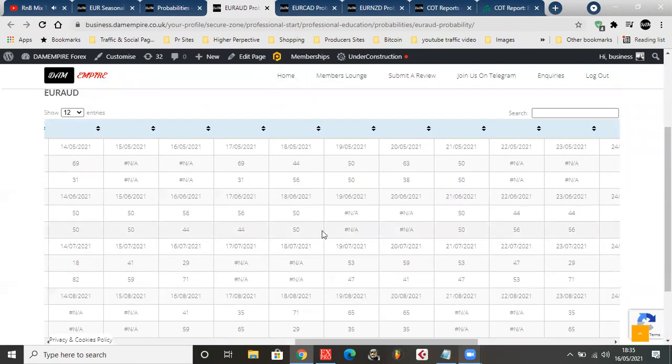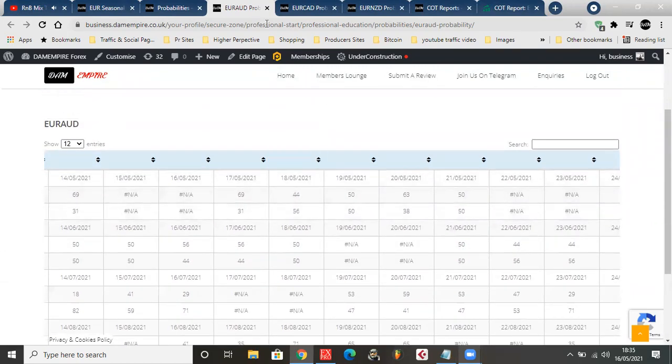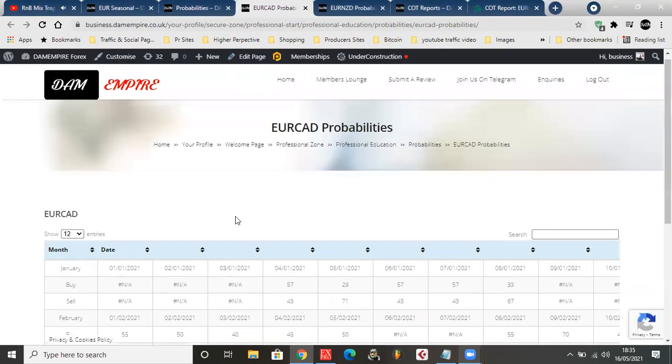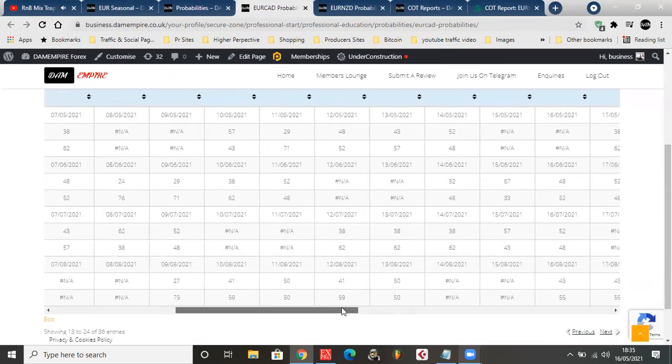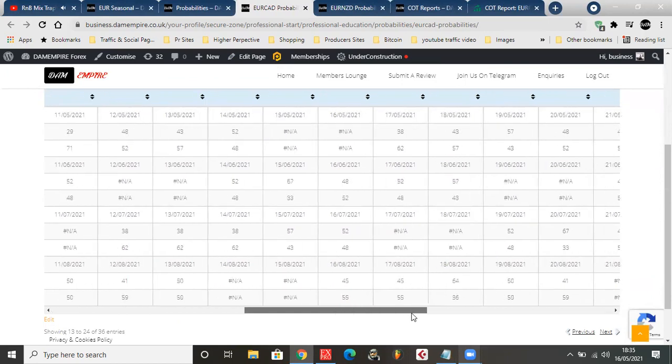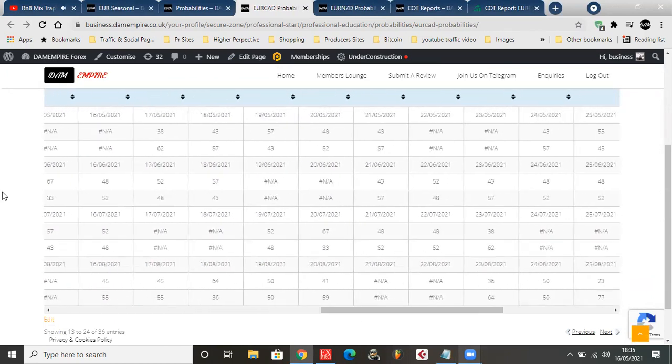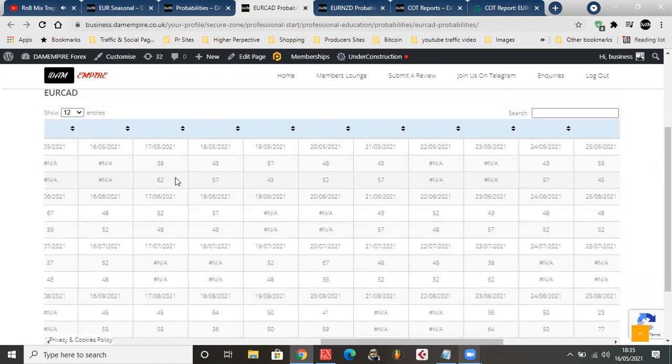So this also doesn't really give me a good one. Euro AED doesn't really give me a good one. So I'm looking for something clean on the sell side. I'm just looking for an asset that will be strong enough to keep kicking it down. So right, cool. Look, Euro CAD.